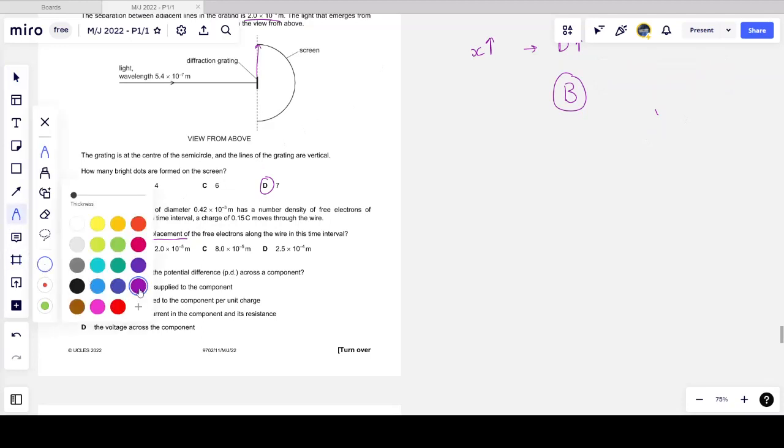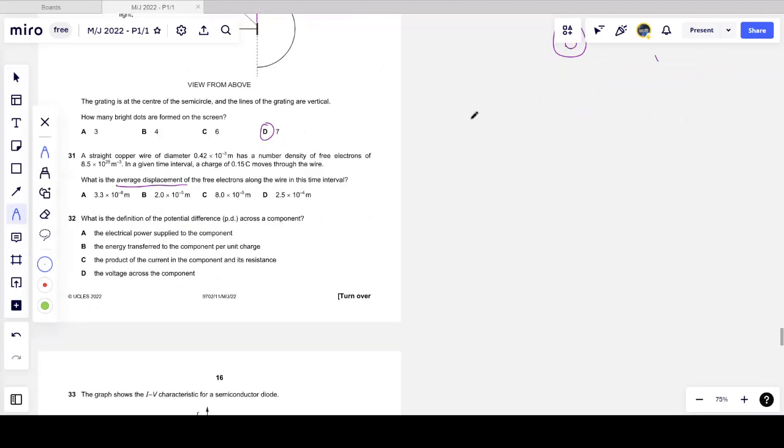So question 31 requires us to put some knowledge of different pieces of information together. What I do know is that current, and I'm clearly going to need an equation that has number density. I don't know too many equations that have the quantity number density in it, but I do know one. The current in a wire,